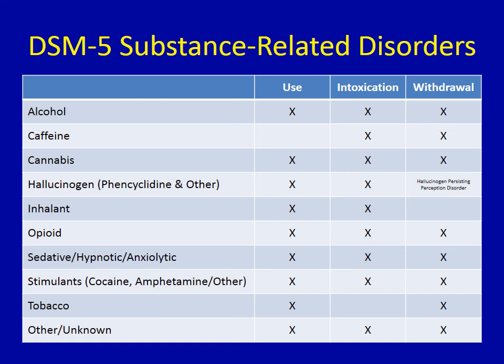There are no diagnostic criteria for tobacco intoxication, and there are no diagnostic criteria for hallucinogen withdrawal or for inhalant withdrawal. We do have an interesting disorder associated with the cessation of hallucinogen use. This is called hallucinogen persisting perception disorder, and this occurs when an individual continues to have symptoms associated with the hallucinogen use, so they might have altered perceptual experiences for a significant period of time, even after they are no longer experiencing the psychoactive effects that can be directly attributed to the hallucinogen intoxication.